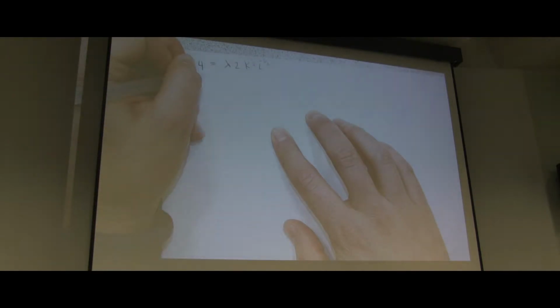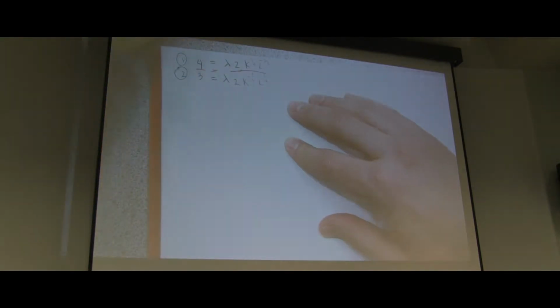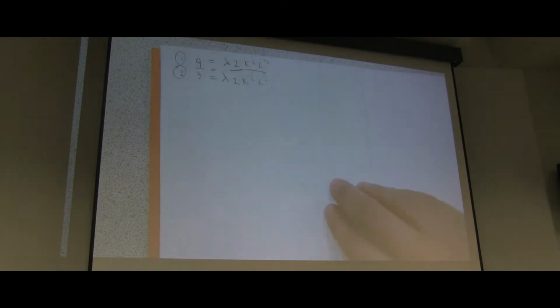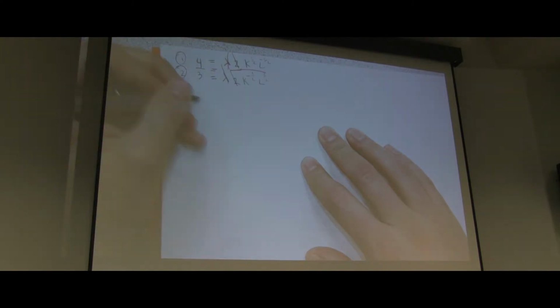The second equation is 3 equals lambda, and I believe it's the same thing, right? 2k to the minus 1/2, L to the 1/2. And then what I do is I just divide this side equal to each other. It's 4 times 1/2, which is 2. Okay, and then when I do this, the lambdas go away. The 2 goes away, and I have